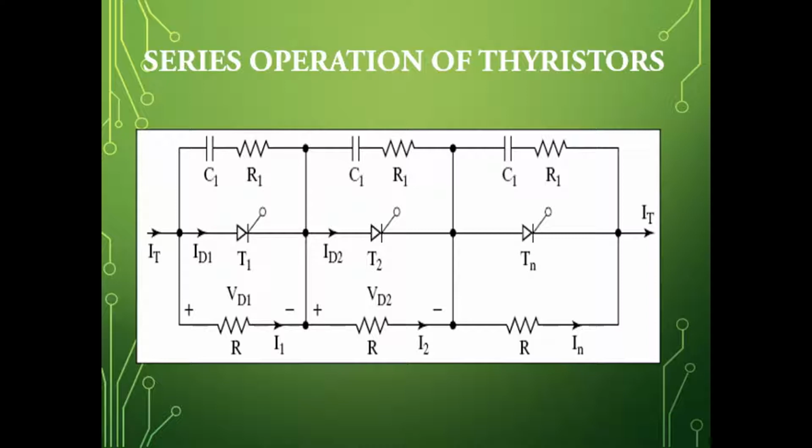So when we connect any power semiconductor devices, in this case thyristors, we need to see that any number of thyristors connected in series should give us the same VI characteristics. That means it should have the same breakover voltage, and the on time and off time of any number of thyristors which are connected has to be the same.